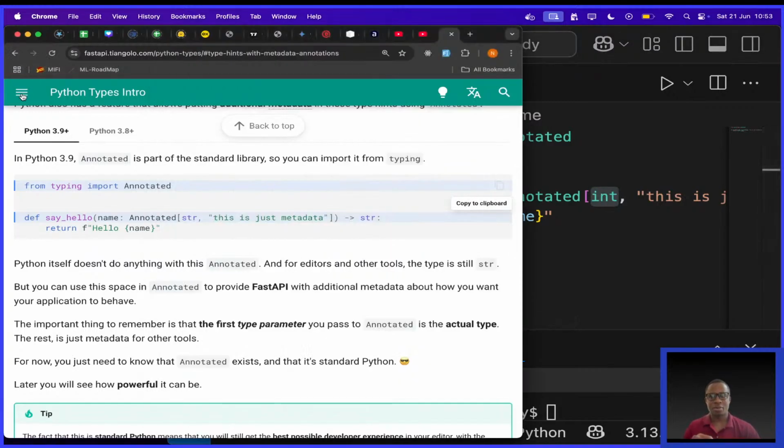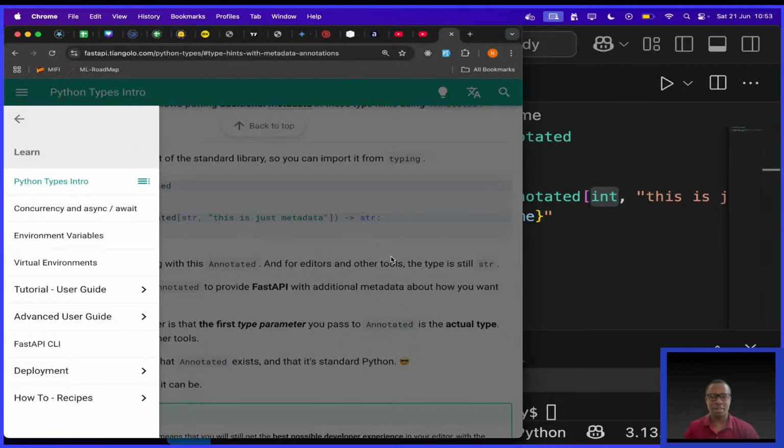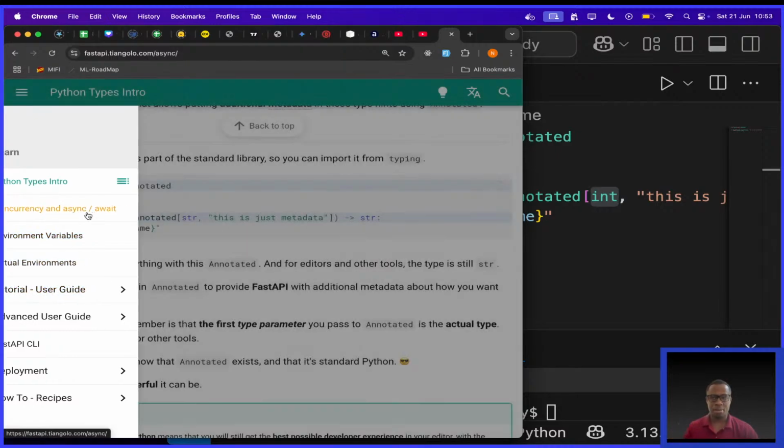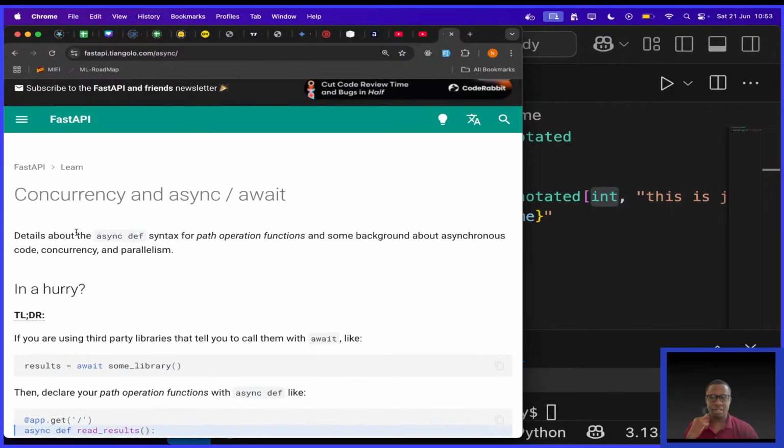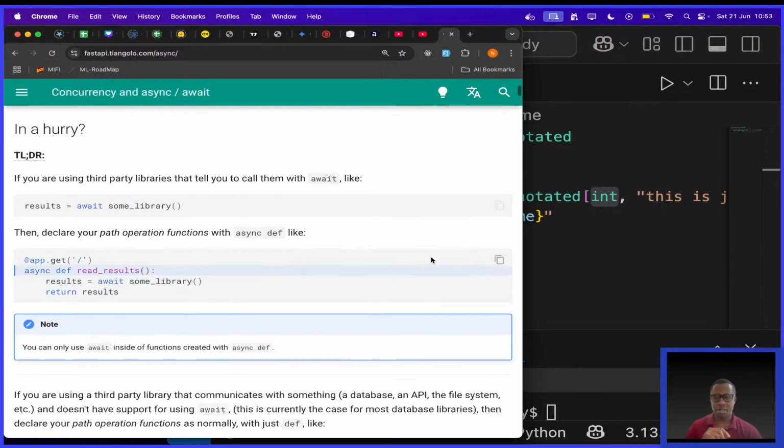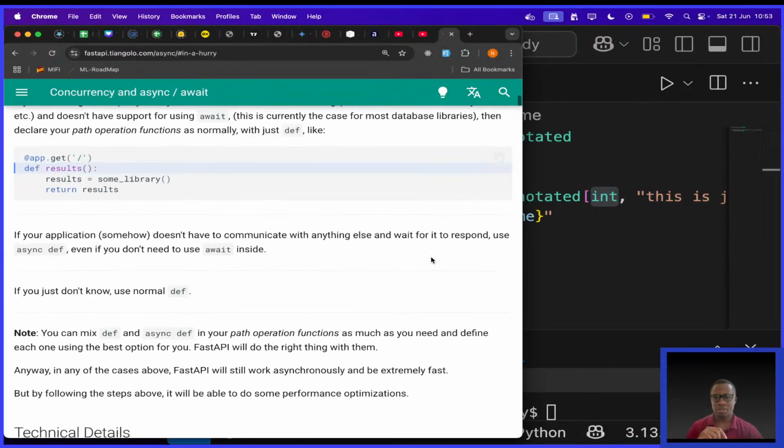All right, so what is next? I think we should now go to the tutorial guide. The other things I know are important, like concurrency and async await, but I think this is something I can look at in another session, in another stream, after looking at some other things here. If you come to concurrency and async await, they give details about the async def syntax and some background about synchronous code, concurrency, and parallelism. I think it's a very good concept, and I think we shall go through this soon to understand